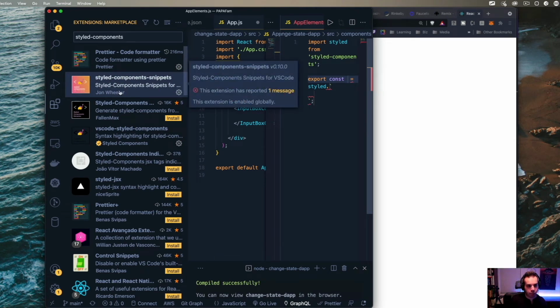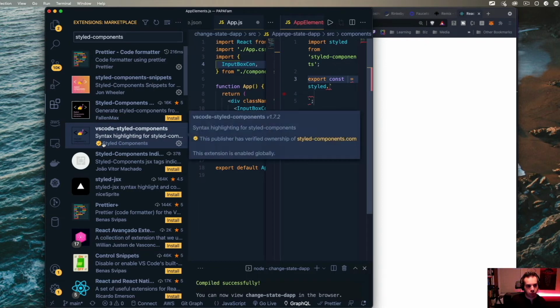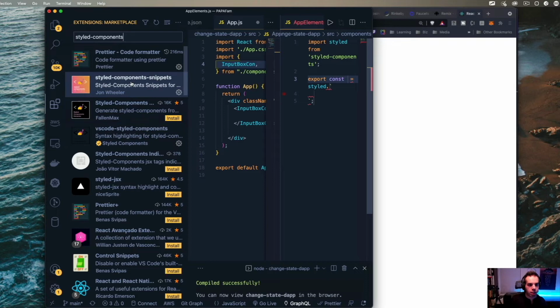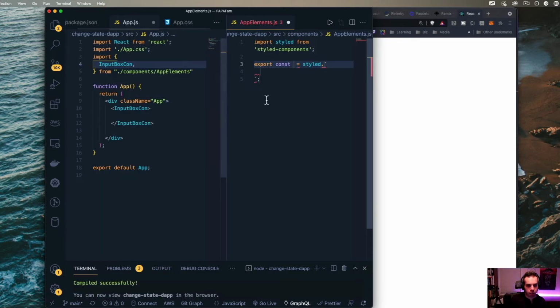This is absolutely amazing. And then there's also styled components, which is a recommended extension as well. But styled component snippets is absolutely amazing. If you're familiar with React snippets, where if you want to do a React functional component, you write RAFCE and then enter, and then that'll get this. You do EXSC for specifically the type of objects that we're going to be rendering out here.